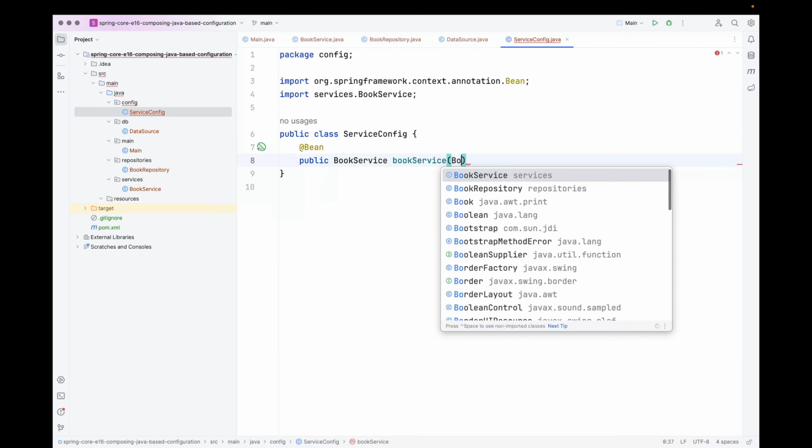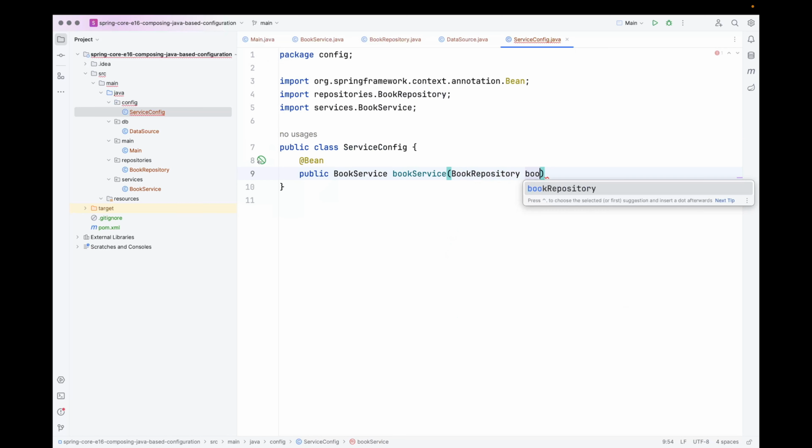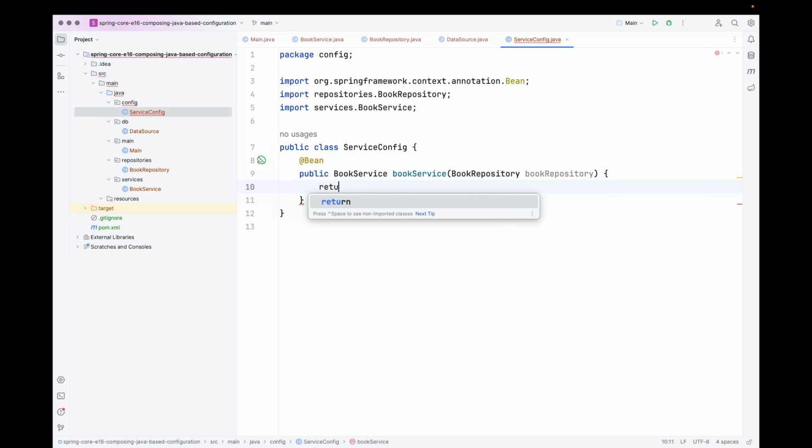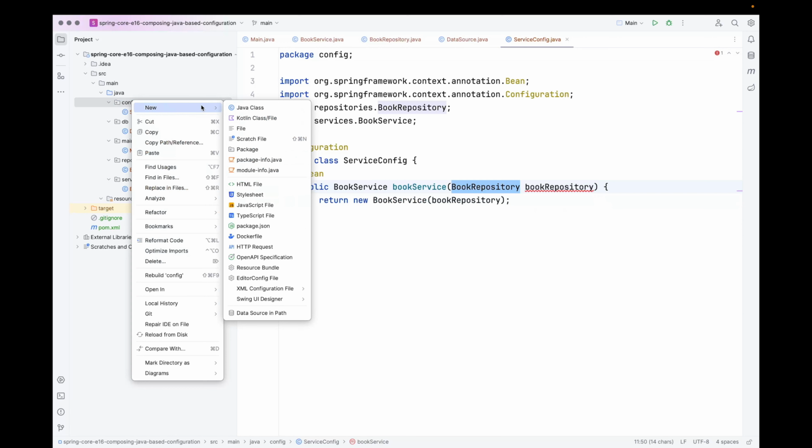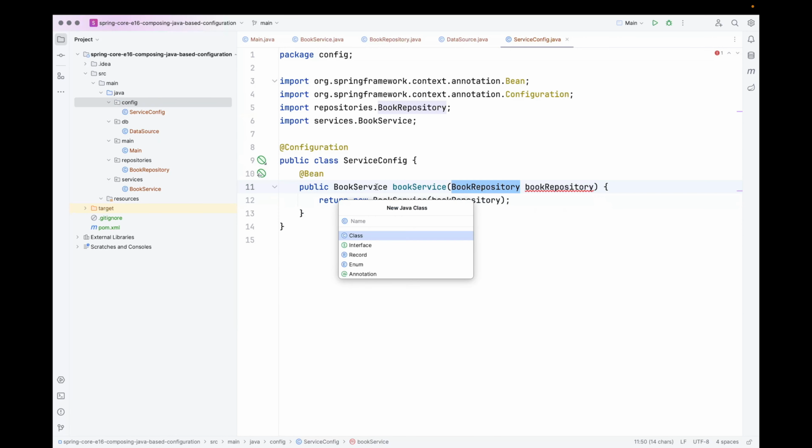It will take a book repository, and it will return a new book service which will have this book repository, and this will be a configuration. Now we see an error that there is no bean of type book repository available, so don't mind these errors for now. Let's create another class inside the config package, which is repository config,